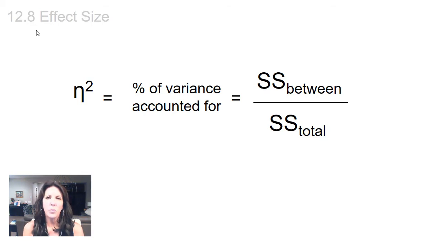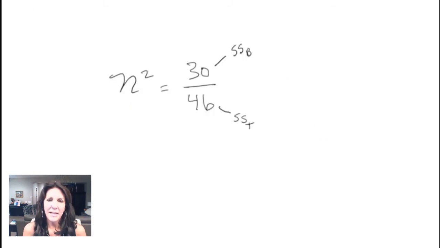And we find eta squared in ANOVA by taking the sums of squares between and dividing it by the sums of squares total. So let's do that for this last study that we just conducted. In the last study, our sums of squares between were 30, and our sums of squares within was 46. So we just do a simple division. We do a simple calculation to figure out eta squared. 46 goes into 30 .65. So we can interpret this to say that